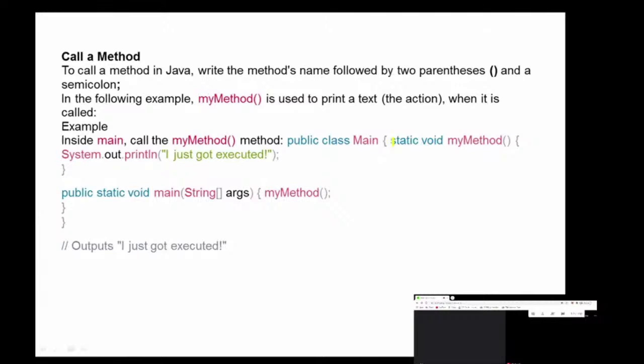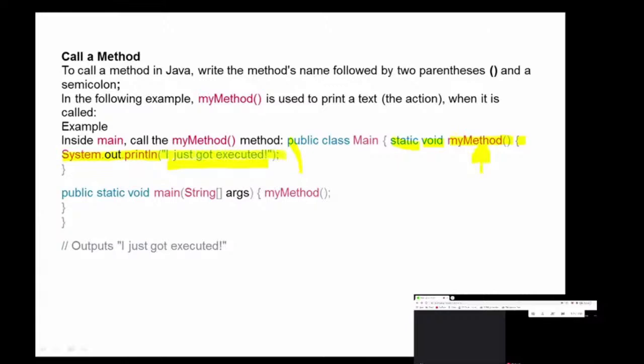Notice here that we started the declaration of our method with the static, and next is void, and the next is the name of the method, and then after that will be your parameters if there are any, then curly brace. So assuming that this is our main class, and inside it you'll have System.out.println("I just got executed"). So it means that if the my method is called or if it's used, then it will just simply print